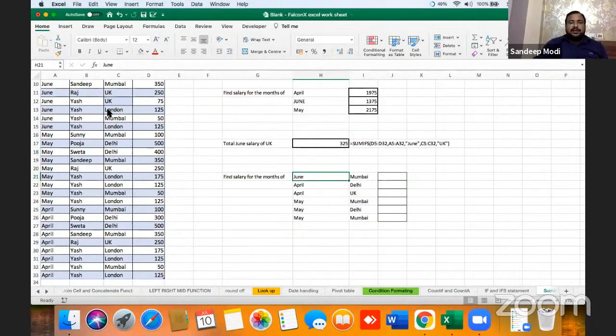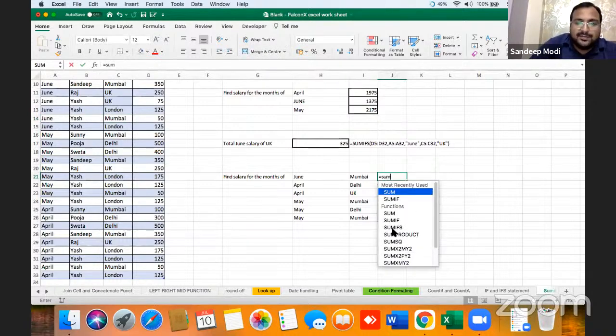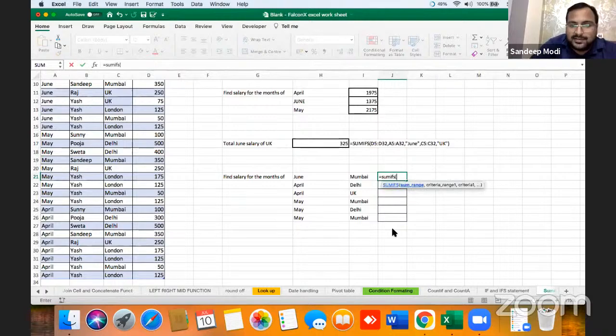Now for calculating everything, we will simply one more time put this formula. As my data set is already in a table, I can easily drag the formula. So I will write SUMIFS.